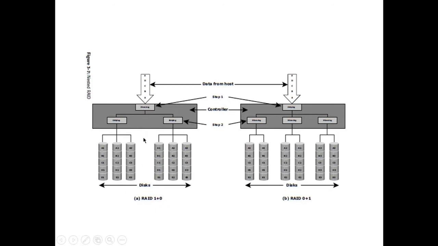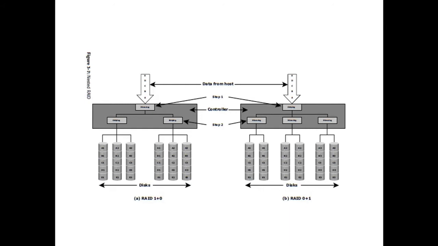Similarly, on the right hand side we have RAID 1.0 implementation, where RAID 1 is implemented first and then RAID 0. So RAID 1, in essence, we are first implementing mirroring for the data that is coming from the host. The RAID controller will first mirror the data, and the mirrored data will then be striped and stored. Right, a block of data A comes, it will be first mirrored, and for every mirror we are going to stripe the data A1, A2, A3, A1, A2, A3 and so on. So first mirroring the data and then striping, hence the name RAID 1.0.